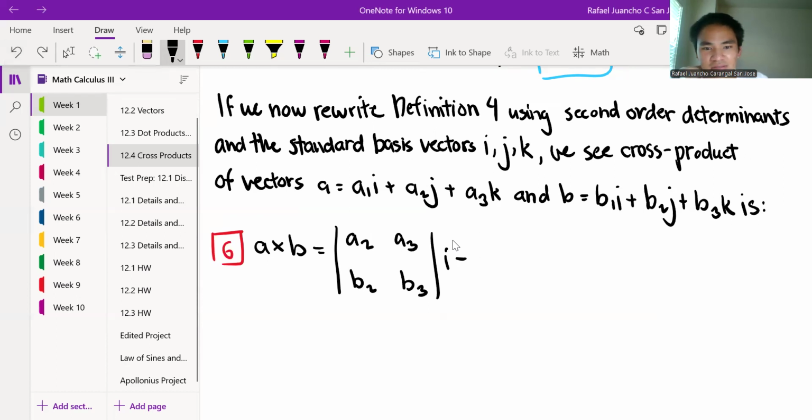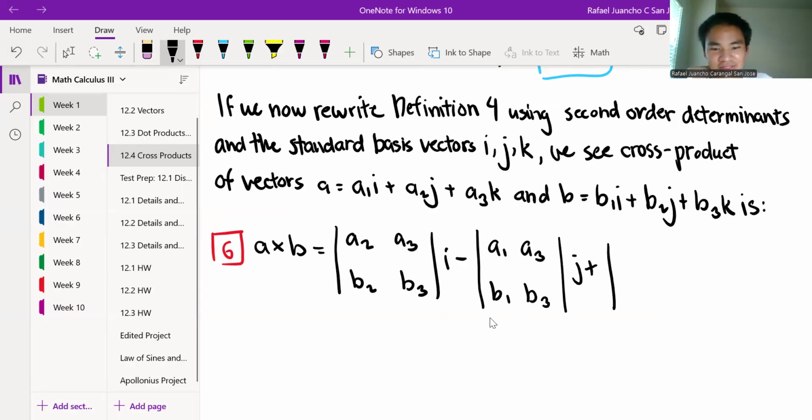So this is A1, A3, B1, B3, right? This is J, because here now we're adding. Funny, right? We're adding A1, A2, B1, B2. This is K,